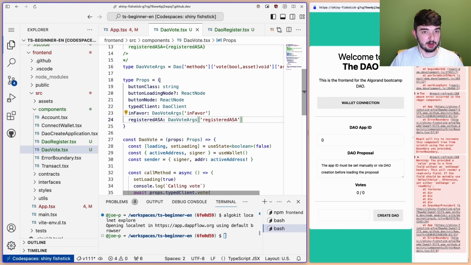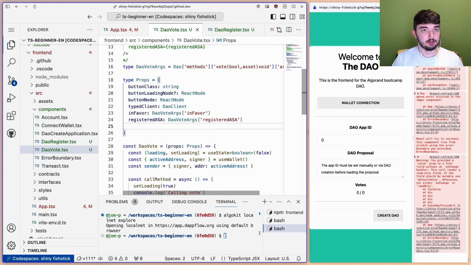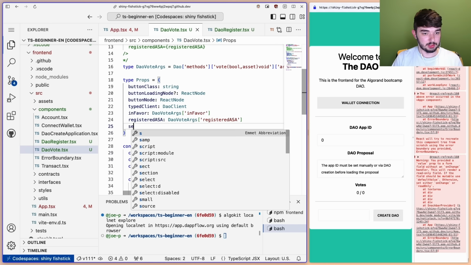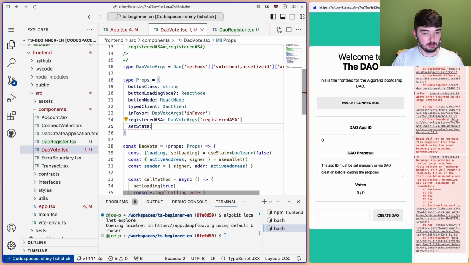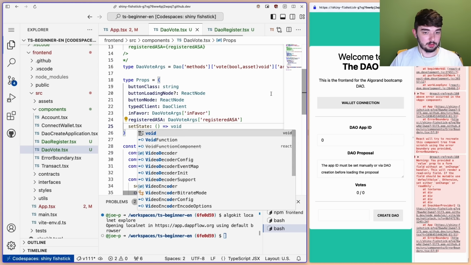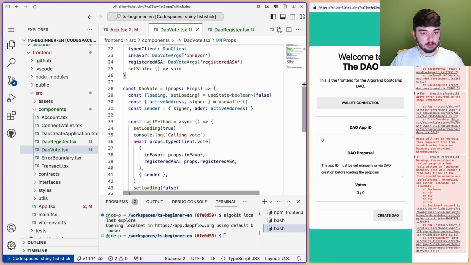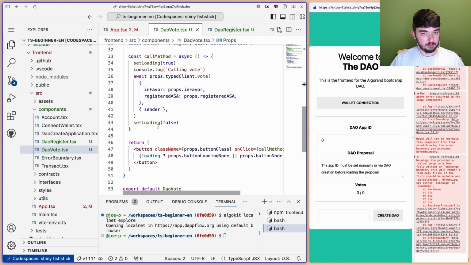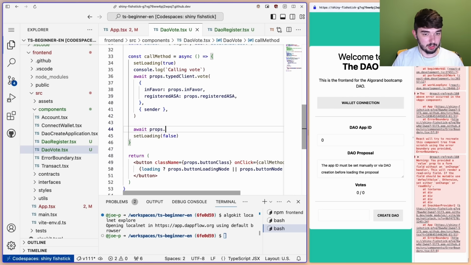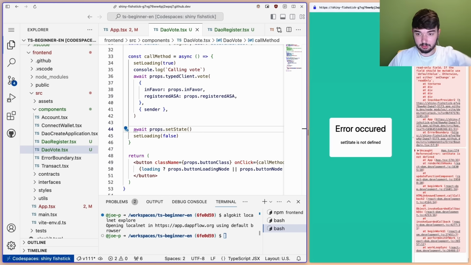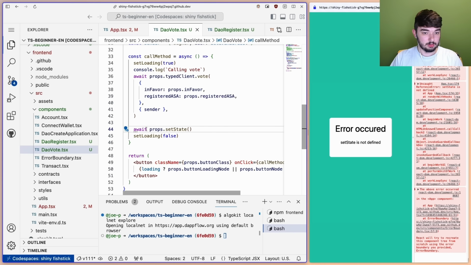I come into the props here in DAO vote, and I say set state, and this is going to be a void method. And then after we call the method, I'm going to simply do await props dot set state. So after we click register, it will